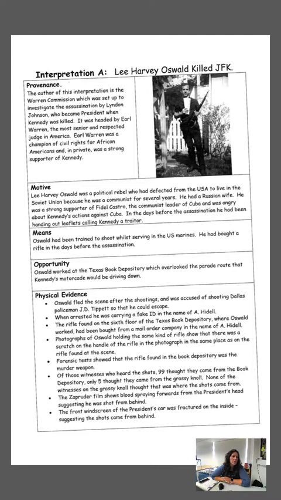Okay, so I want you to spend time now reading through that. You can see it perhaps more clearly on the actual PowerPoint itself, on Show My Homework. But I want you to pause this while you study this interpretation, and then you can move on to the second one. So pause for now and fill out the grid which goes with this.